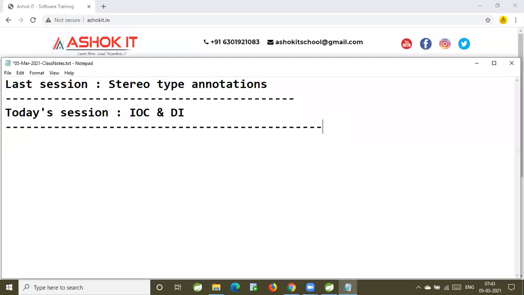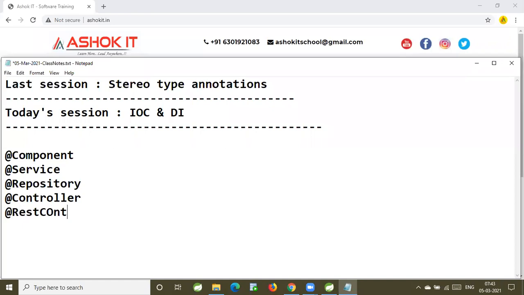Stereotype annotations we discussed in the last session are used to represent our Java class as a Spring Bean. So what are the annotations we have seen? We have seen @Component, @Service, @Repository, @Controller, @RestController, @Configuration, and @Bean.